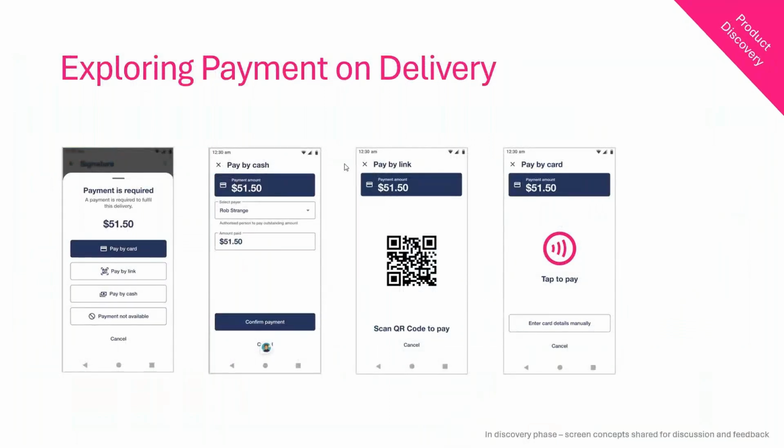Another area we're actively exploring that I wanted to share with you today is payment on delivery. This is currently in our discovery phase. It's not in development yet. What you're seeing are early screen concepts that I wanted to share to support discussion and feedback